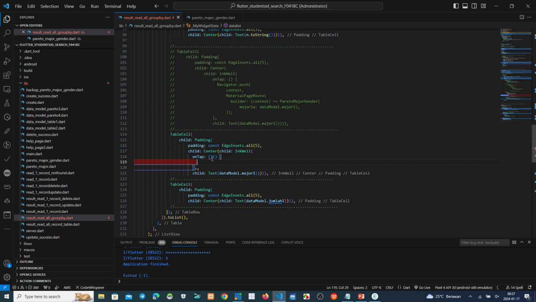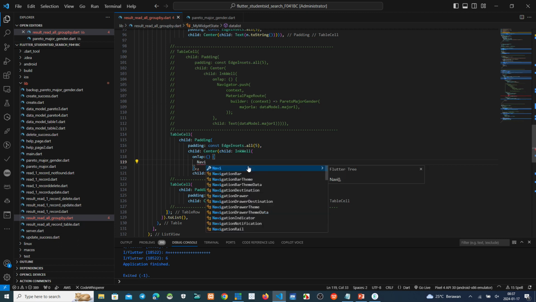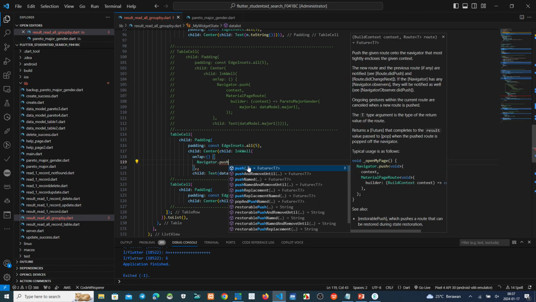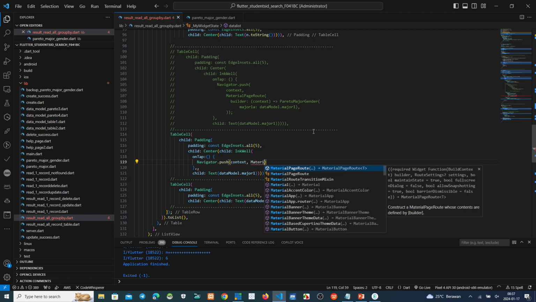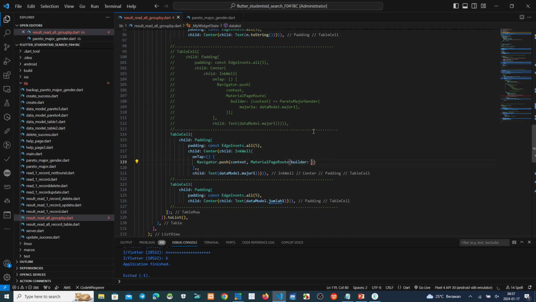Okay. Make this navigator push, navigator dot push here. Okay, this one. Material page route. Okay, this one.